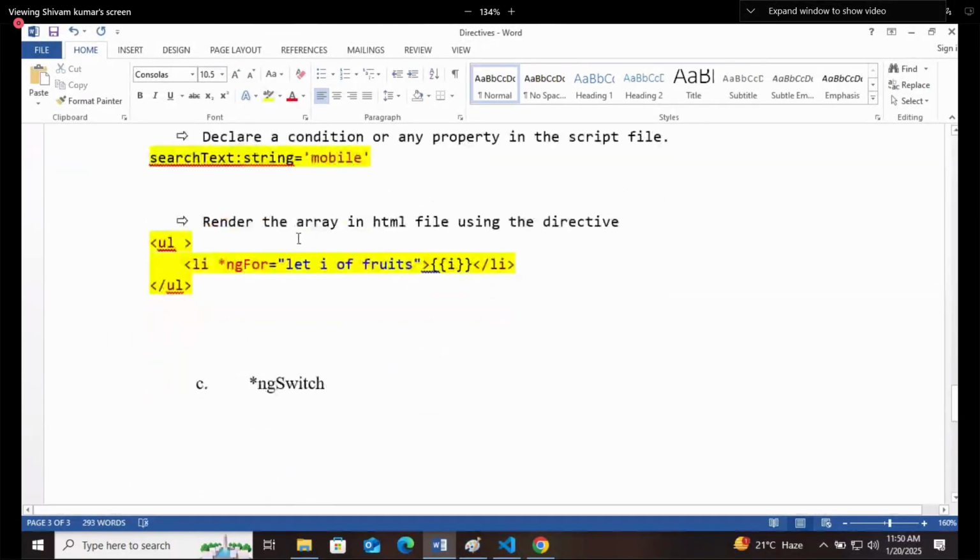After that, render the property in the HTML file, rendering the property conditionally. Whenever you are writing that, make sure that you add the asterisk sign at the start.